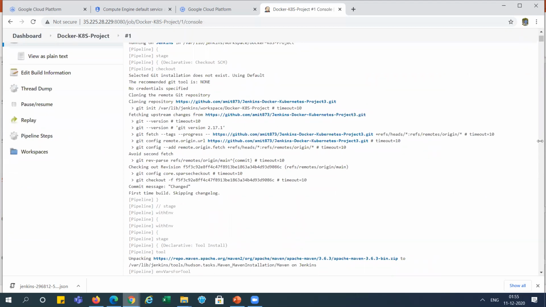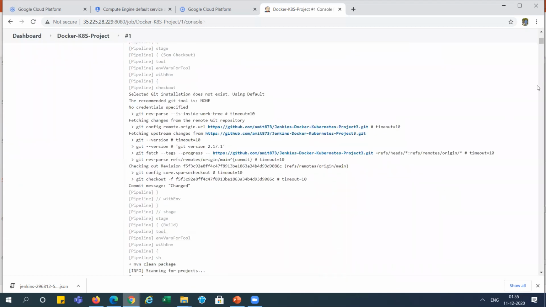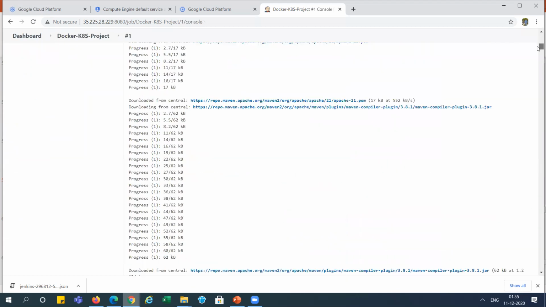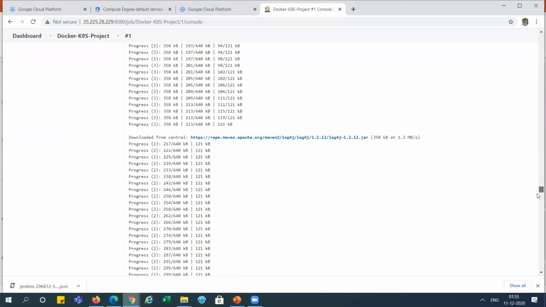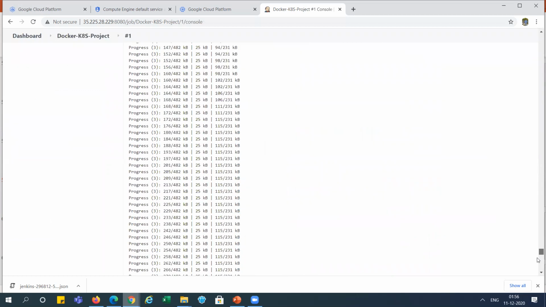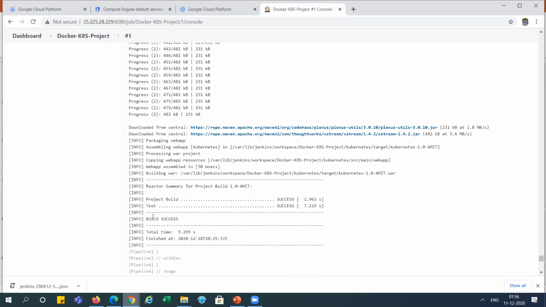Now it is creating the pom.xml, running the dependencies, downloading the jars, right? The first time it takes time for downloading all those jars. You can see here build success.